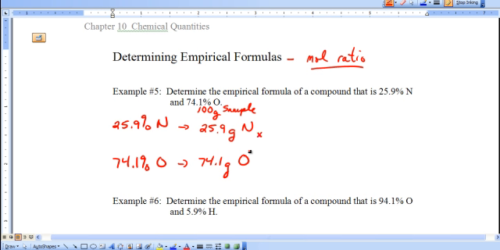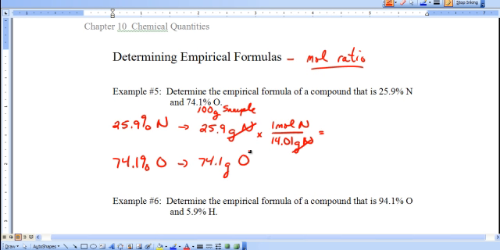And you'll know that in order to go from grams to mole, you use the molar mass. 1 mole of nitrogen has a mass of 14.01 grams of nitrogen. Now again, why did I know I'm going to put the grams on the bottom and the moles on top? Because I'm already in grams of nitrogen and it has to cancel out top and bottom. So now you take your 25.9 times 1 divided by 14.01,